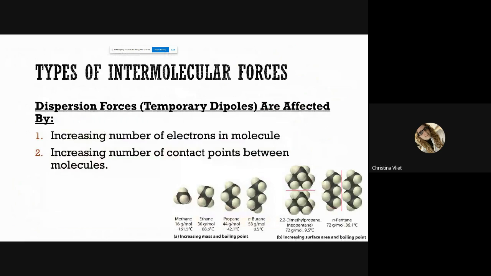So, there are two ways to affect dispersion forces. The one I've already talked about, increasing the number of electrons in the molecule. The more electrons you have, the greater the dispersion force will be. So if you are comparing two molecules that both have dispersion forces, you can look at the number of electrons, or you can look at something called